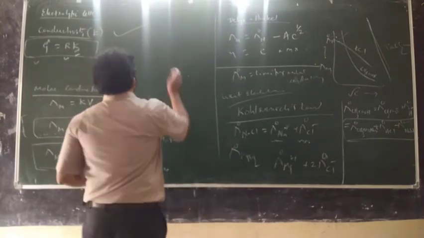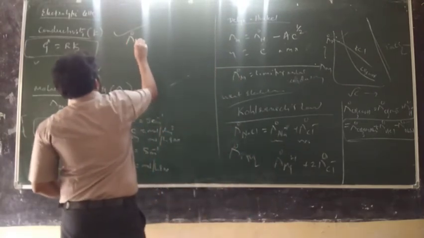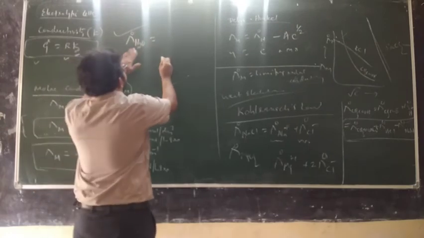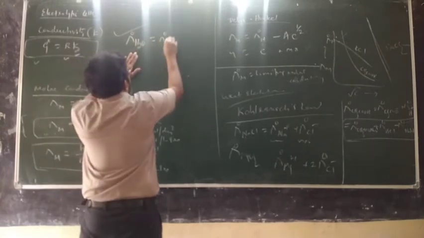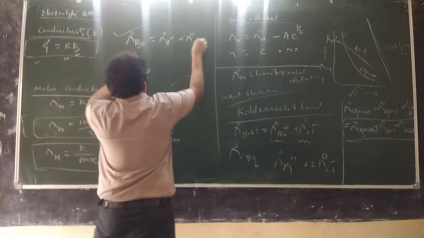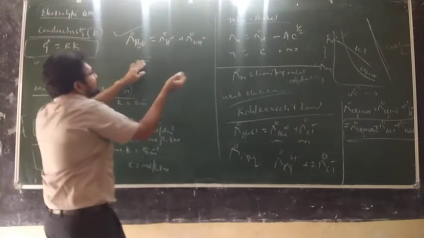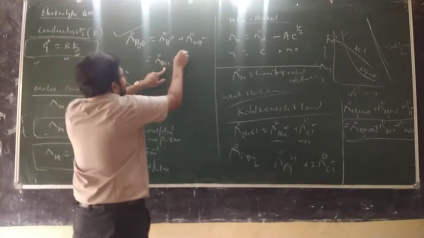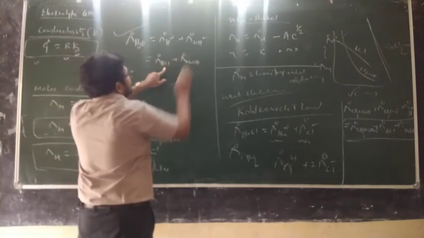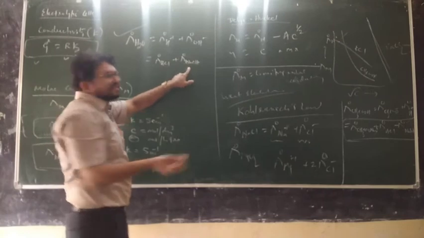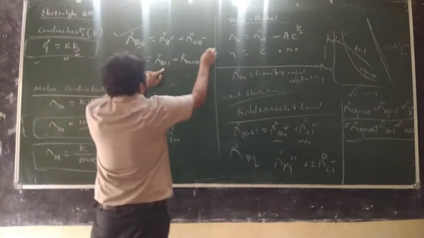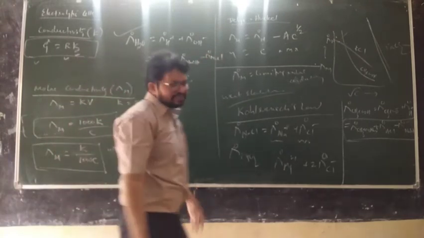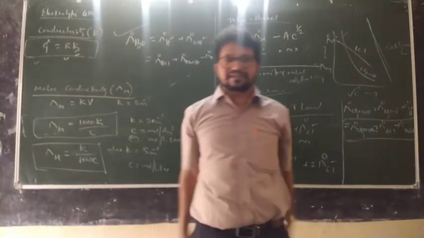Similarly, I will give you one more. Can you write the limiting molar conductivity of water? H plus, OH minus: lambda naught of H plus, lambda naught of OH minus. This will not ionize completely. Then you can write HCl. Correct? Cl is extra. NaOH. Na plus is extra. So minus lambda naught of NaCl. So you can write for any weak electrolyte in terms of strong electrolyte properties.